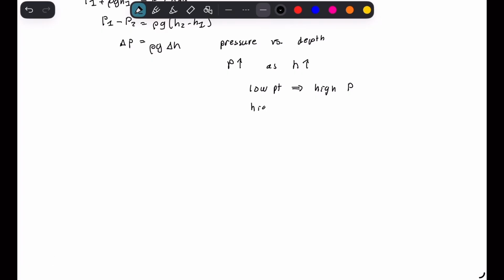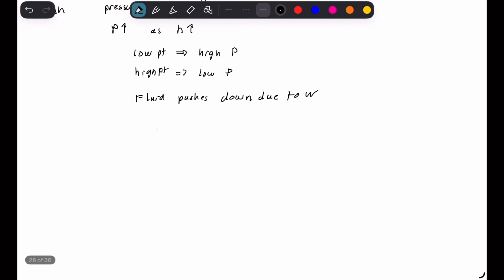And at a high point, you're going to have a low pressure. That's because the fluid pushes down due to weight. So if you have a height like this where you're in water, and let's say you have a diver who is all the way down here,